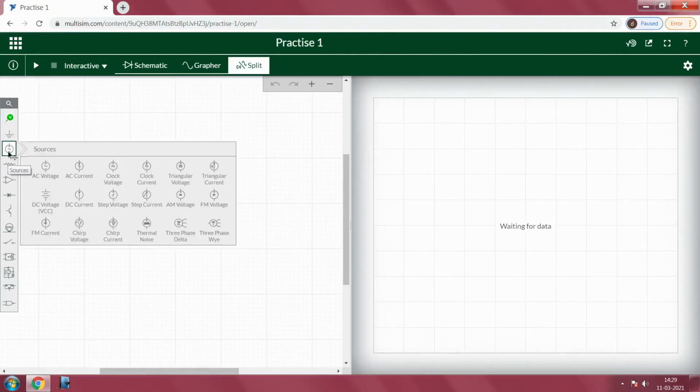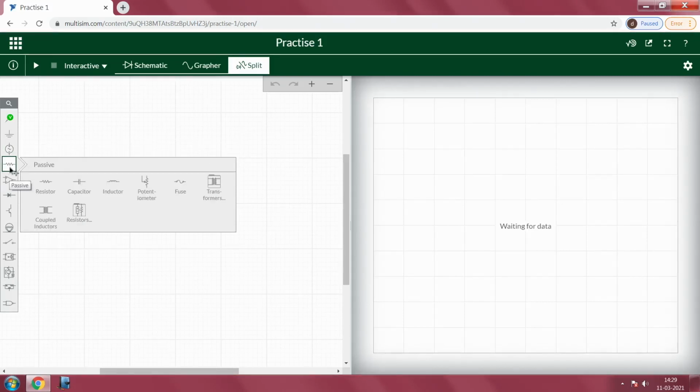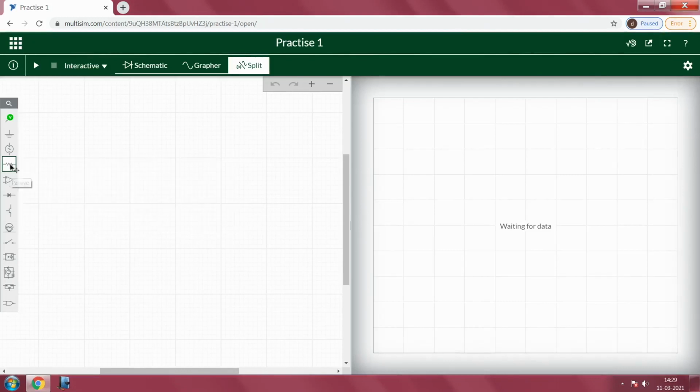Then you have sources: AC voltage, DC voltage, step, triangular, everything. Then you have the passive window, where all the passive components like resistors, capacitors, inductors, potentiometers, transformers, everything are available.